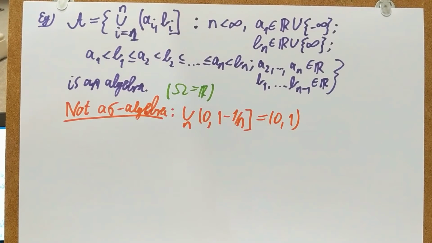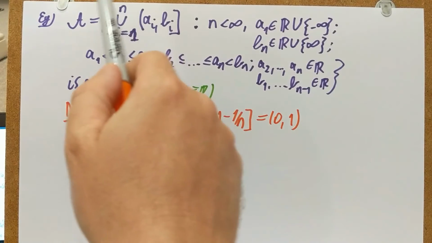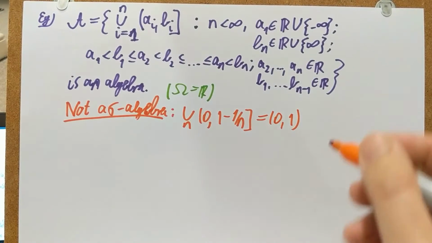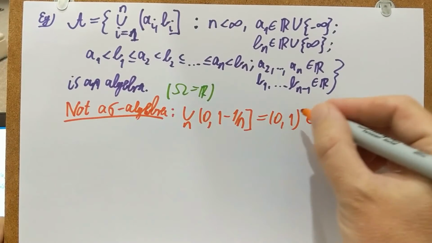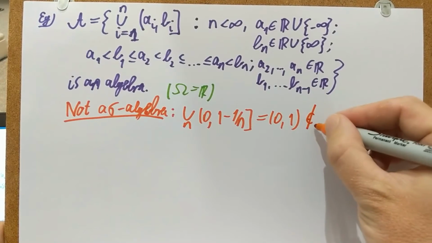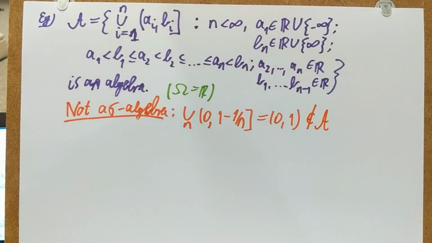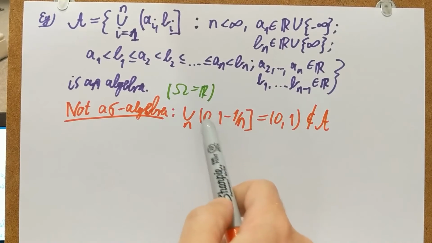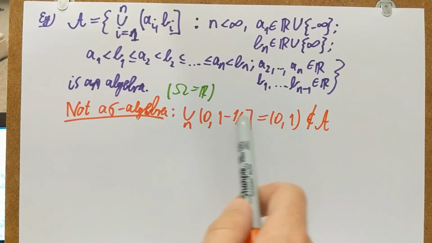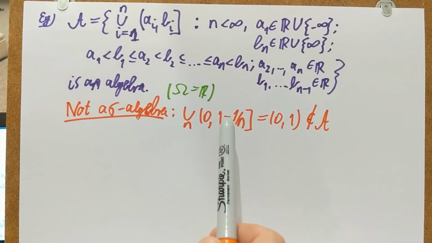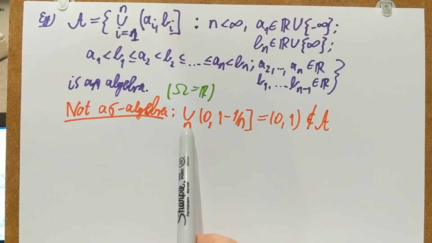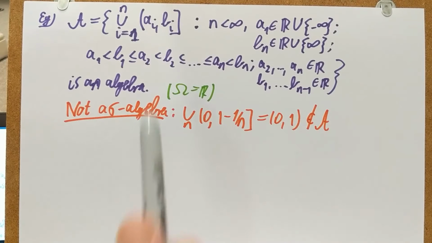Okay? And this guy here is not in the algebra A. There is no way to cook up the open interval (0, 1) from finite unions which are closed on the right. Okay, so that's an example showing that if I take algebra events, these are all belonging to the algebra A, I take an infinite union of them, what I get is not in the algebra. So therefore this A, script A, is not a sigma algebra.